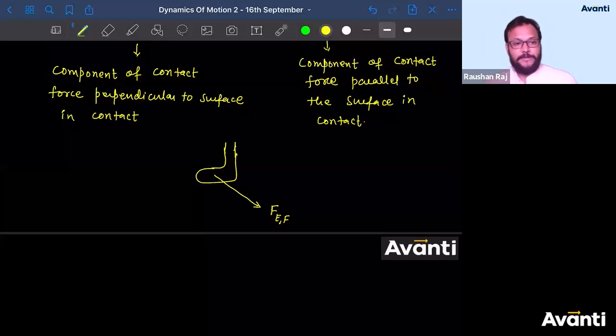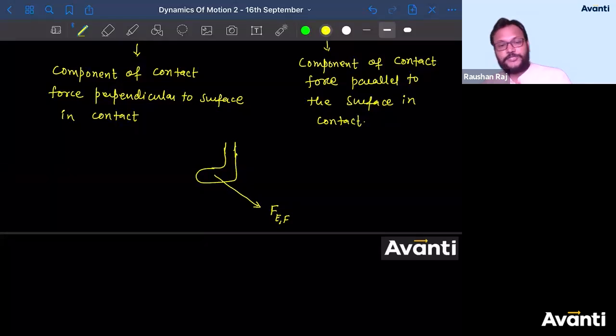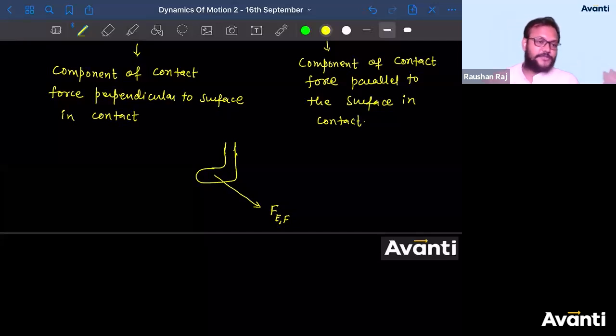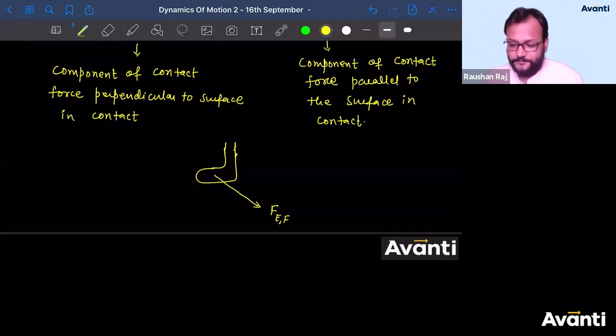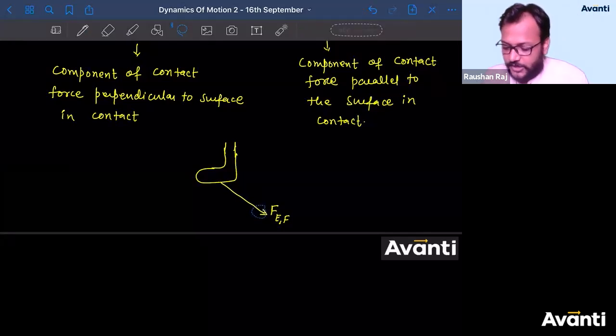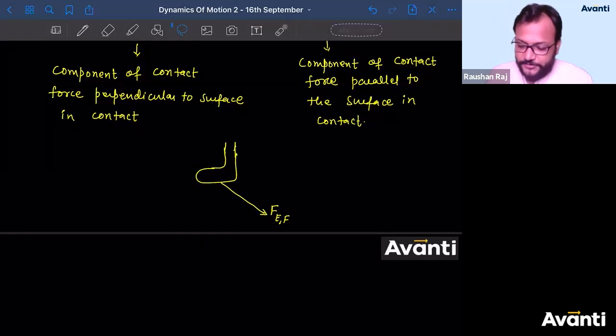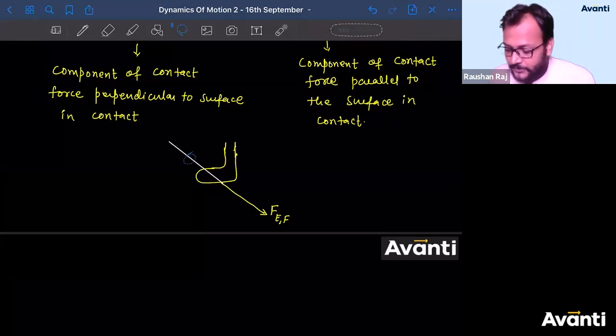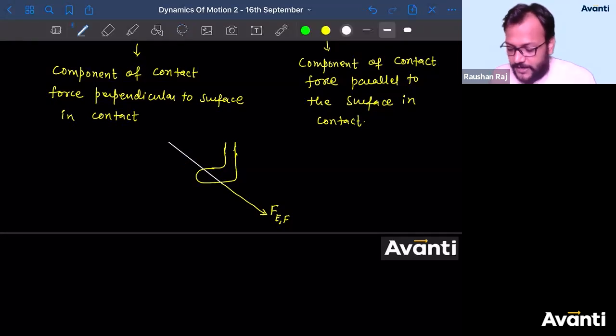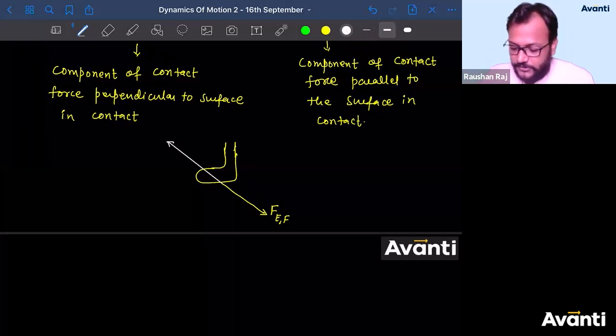अच्छा. Now tell me guys, when this force is the force on the earth because of the foot, in which direction will earth apply a force on the foot? बोलो बच्चों लोग. So earth will apply a force on the foot in opposite direction, isn't it? कैसा होगा चलो, तो कुछ ऐसा हो जाएगा, just opposite direction में with equal magnitude, the force will be applied by earth on foot. So we'll say force on the foot due to earth.